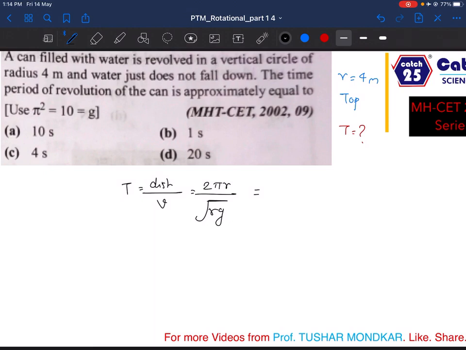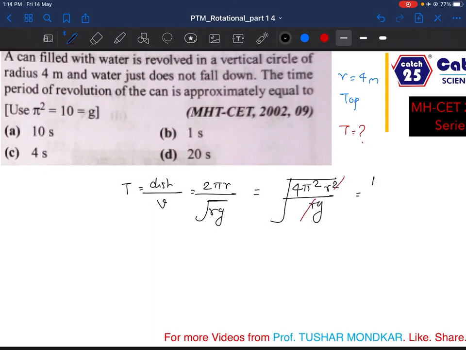If I want to take this 2 pi r inside the square root, it will get squared. So over here it will happen: 2 squared is 4, pi squared, r squared, upon rg, which was already present. See what I did, I took everything and shoved it inside the square root. That is why we get the square of the term. So r will get cancelled. So what do we get?